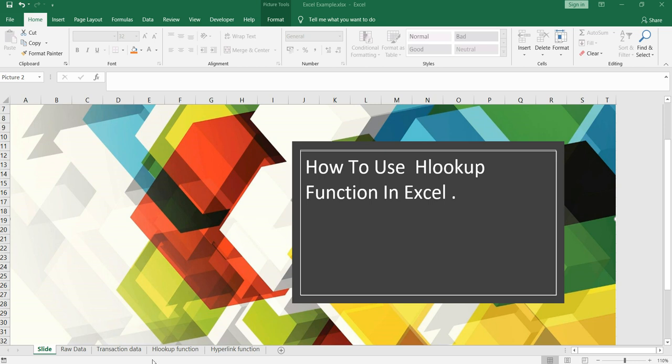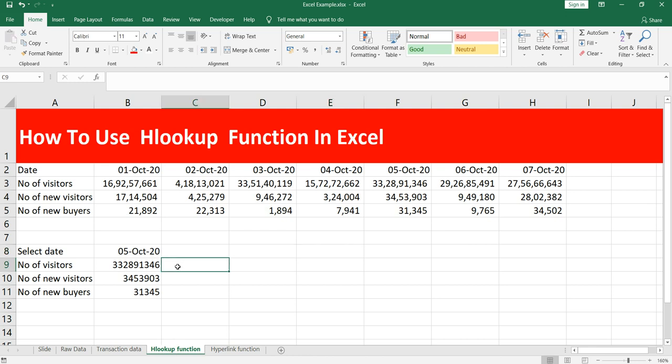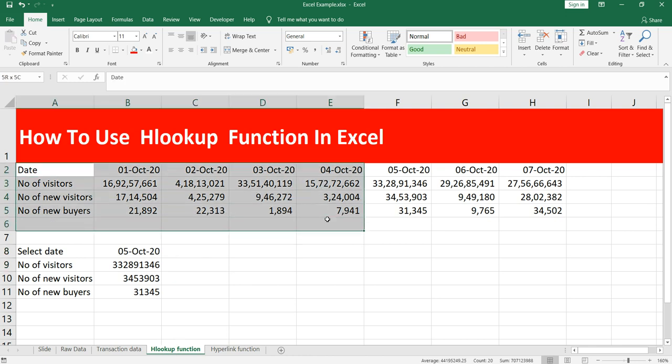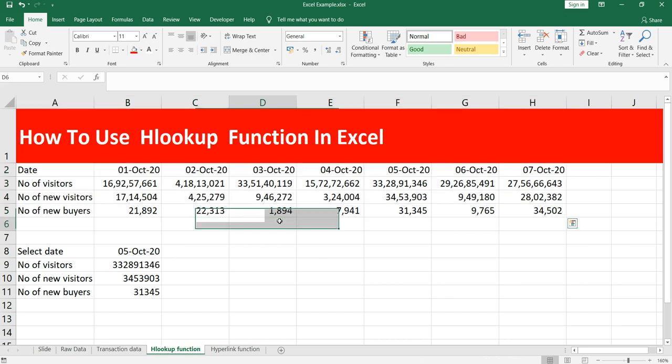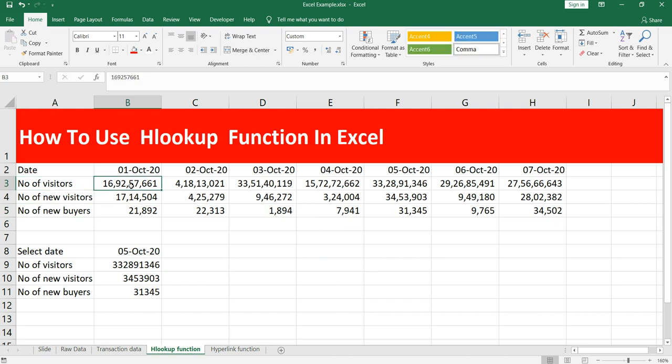The definition which I've told you will make a lot more sense when I show you the example. Right now, suppose this is our data set, and every day we get this kind of data where we have the date, the number of visitors to our website, the total number of new visitors, and the number of new buyers. The number of visitors is the superset, while these two are subsets of this value. The addition of these two won't give the result of this one, but there are multiple other attributes which will accumulate and give this total number.